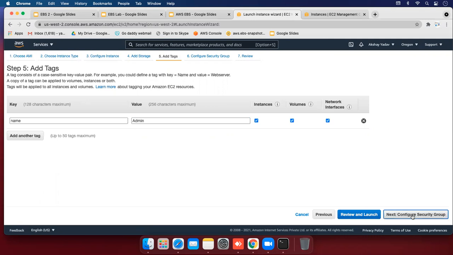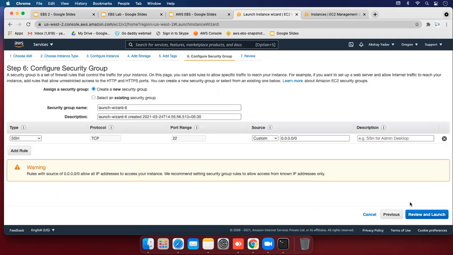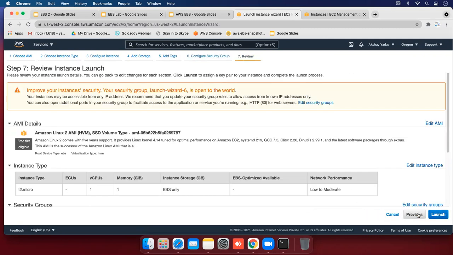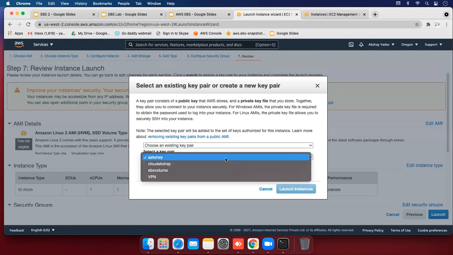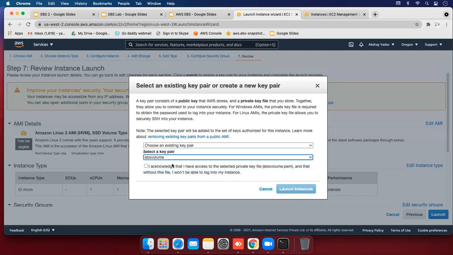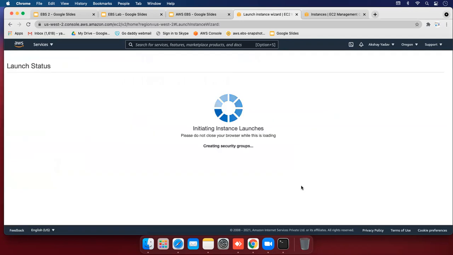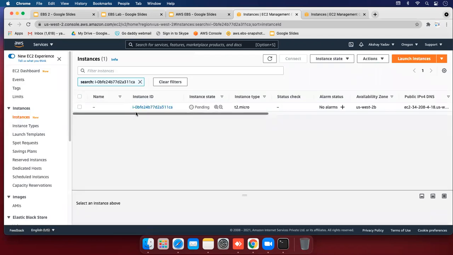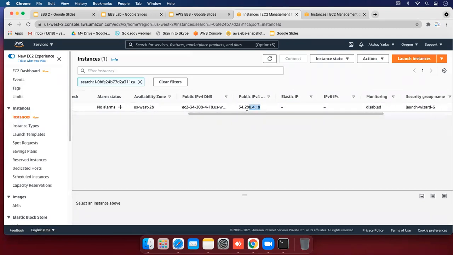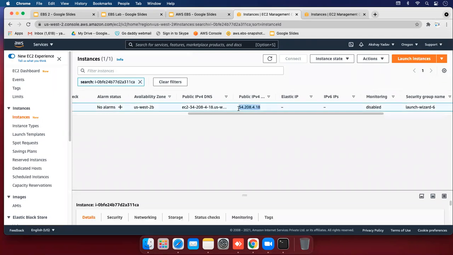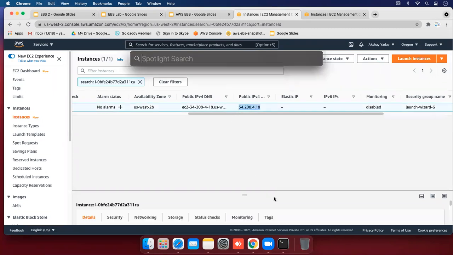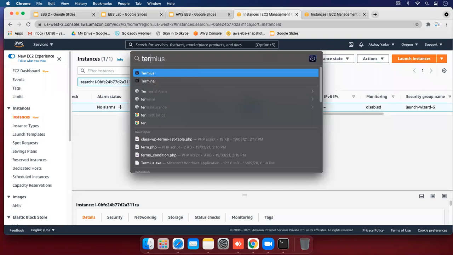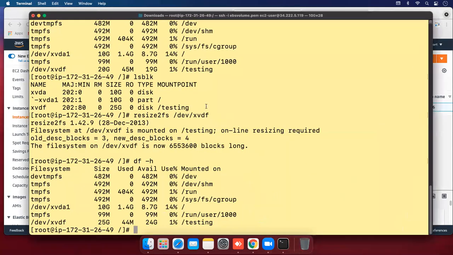I'm going to add the volume to the admin machine. Hit enter, launch, and the key pair name is EBS volume. Launch instance. My instance is initiating, and go to the panel. Let's copy this IP. Public IP is this, and connect in the terminal. I'm going to open the terminal. Hit enter. Let's duplicate this tab.